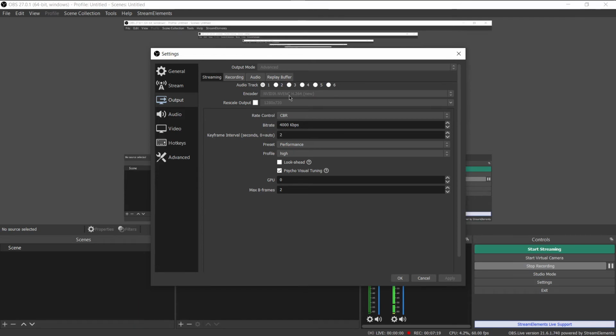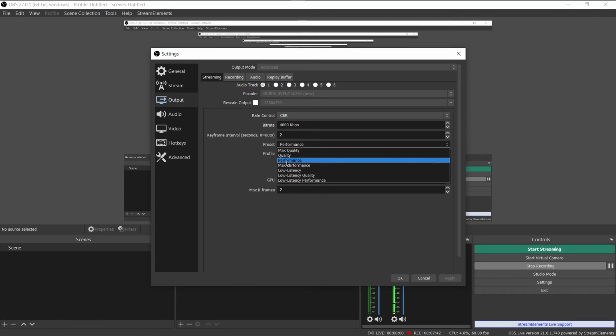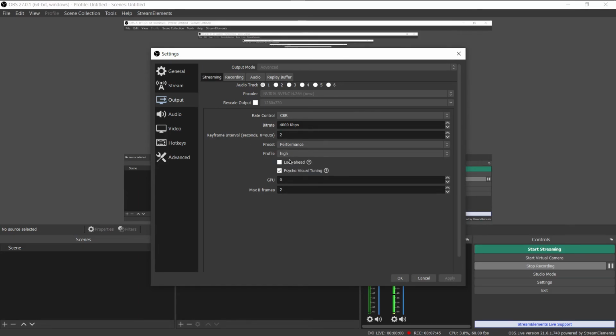So don't worry, just put it on x264 or something. Then there's the software encoding option, so you can just click it there. And then in the rate control, it's CBR. Put the bitrate to 4000 kbps, and then keyframe interval to 2. Preset should be performance, and then profile should be high, and max B-frames should be 2. And that's all the settings you need for the output one.